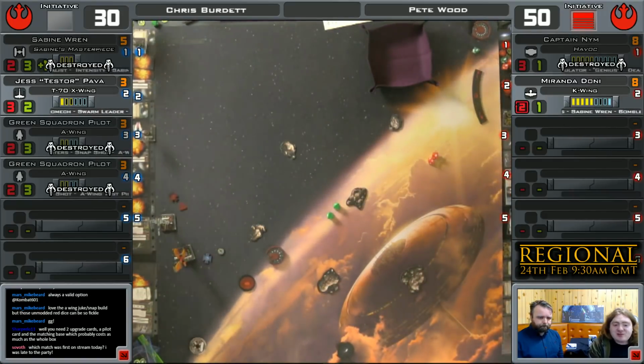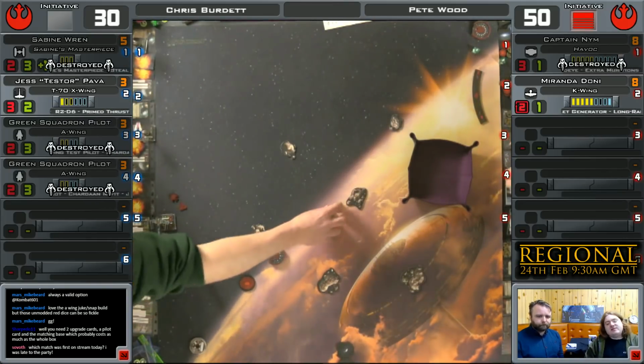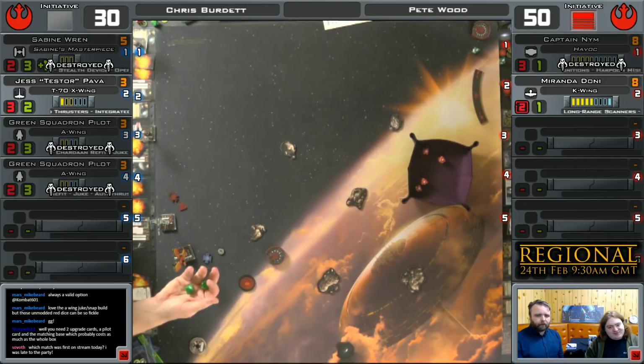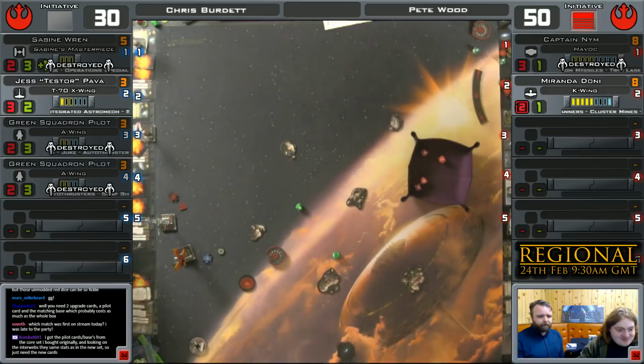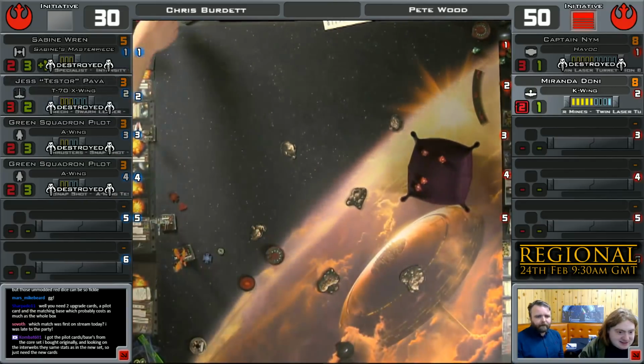The first match was Decimator versus what was it? Ray Miranda. Yes. Target lock 4. Yeah, dead. Game. The big swing was